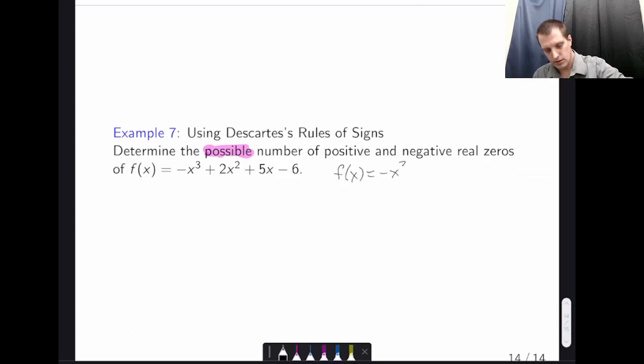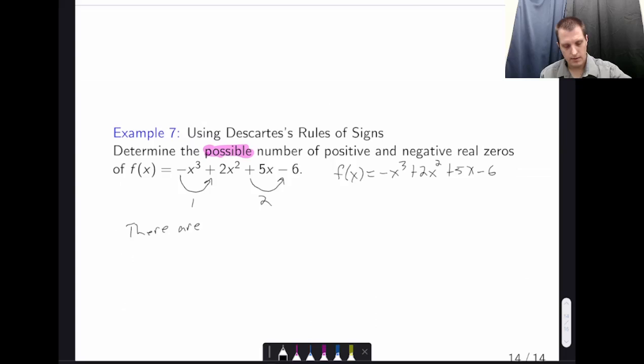f of x equals -x cubed plus 2x squared plus 5x minus 6. So we're just counting how many times the signs change. It goes from negative to positive, so that's 1. And then it doesn't change again until we go to here. So now it goes positive to positive and then positive to negative. So there are 2. So there are either 2 or 0